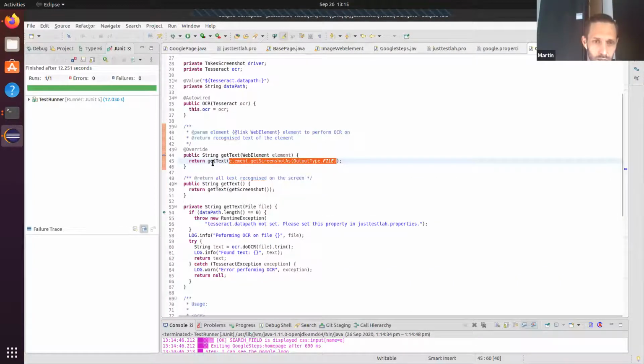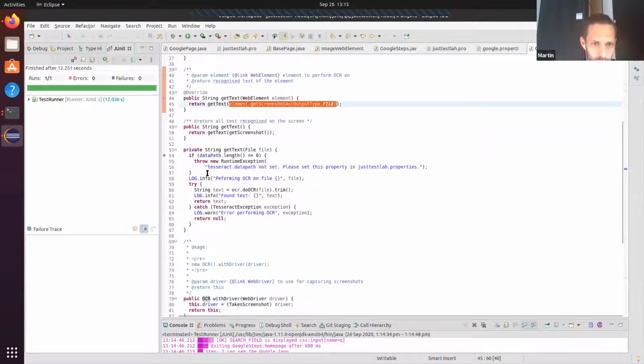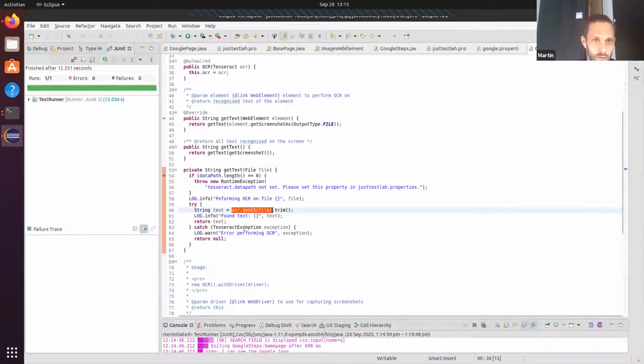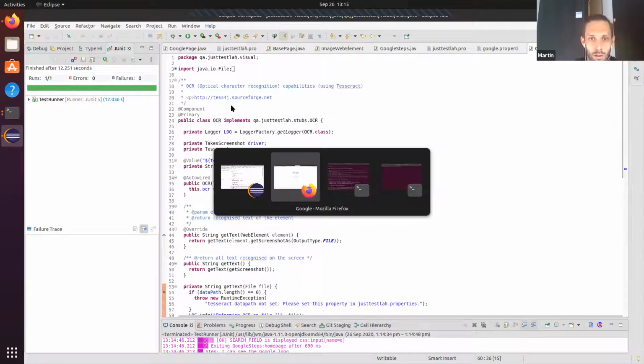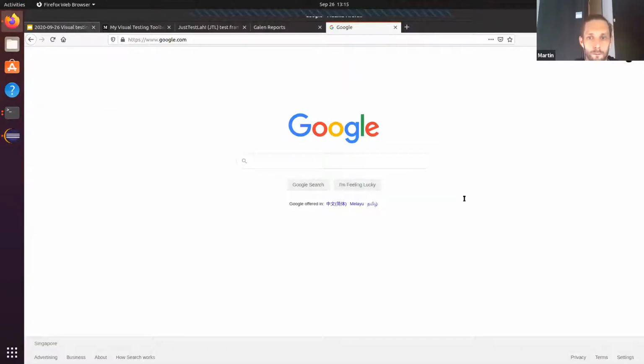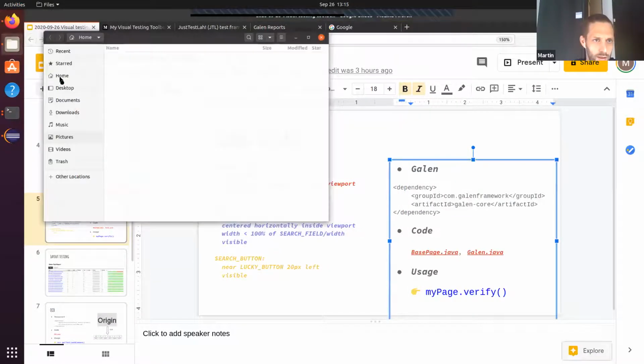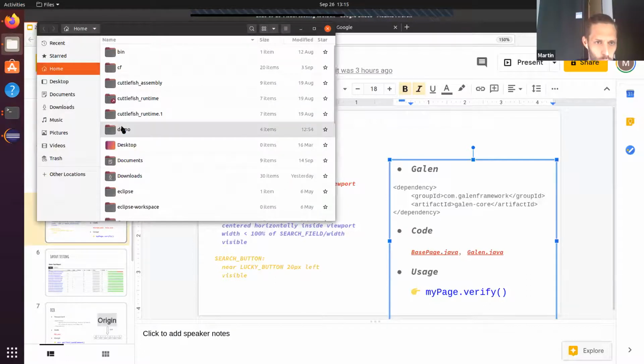Then we call get text, and that calls do OCR on that file. And then we trim the white spaces and we return. Okay. Yeah, that's all the demos that I had, except I think I still owe you